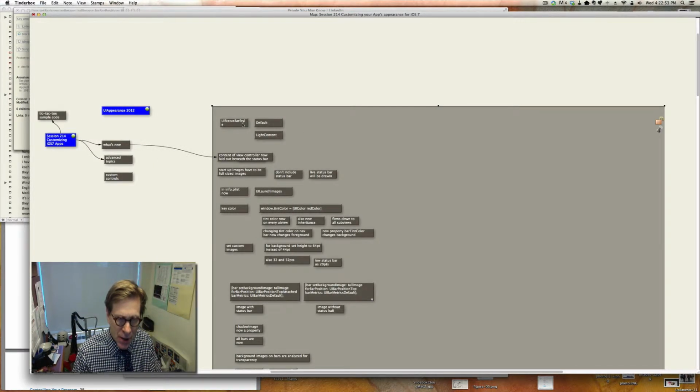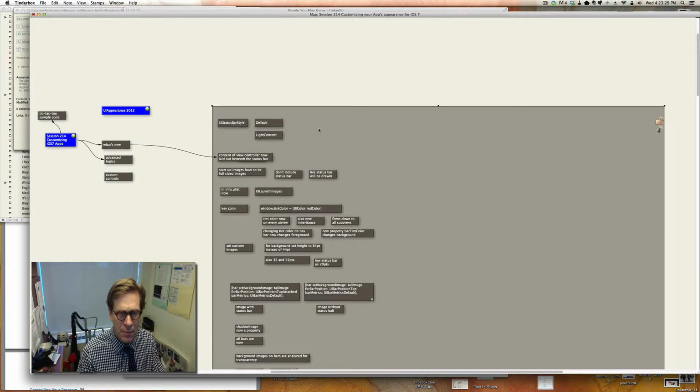So they started off talking about UI status bar style, and the status bar in general is different. It used to be controlled by the UI application. Now it's controlled by the view controllers. And there are two basic styles: the default and the light content. And of course, one of the other big things that's different is the UI views go up under the status bar. And down a little bit below, it talks about how there are basically two styles of status bar, and you have to pick one. Either the old style pre-iOS 7 or the new style